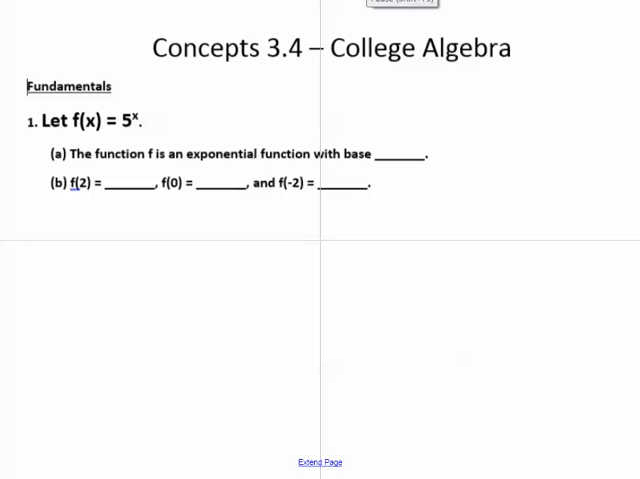Okay, here we are at section 3.4. 3.4 talks about the graphs of what exponentials look like. So if our f of x is 5 to the x power, f of x equals 5 to the x power, well, I'm looking at essentially